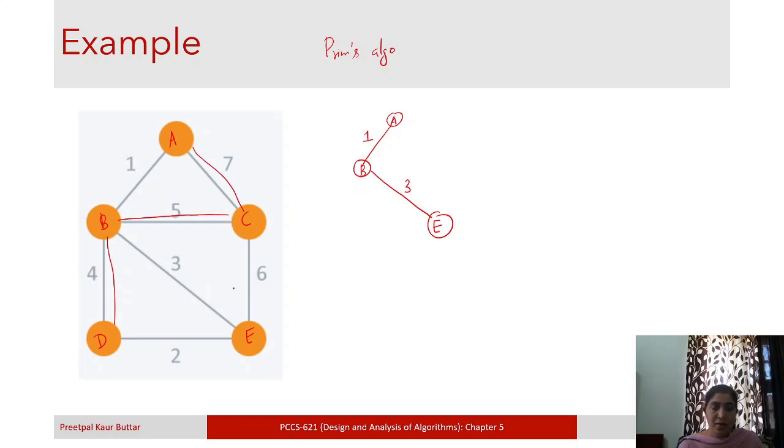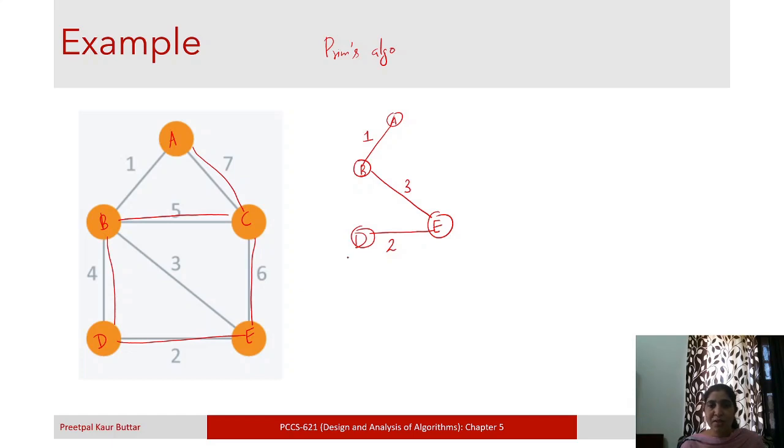Okay, so now we also have E, and E is connected to C with weight 6, and this we have already incorporated, and E is connected to D with weight 2. Okay, so now we have 1, 2, 3, 4, 5 possible edges which we can take up in this spanning tree. Out of these, the minimum possible is the edge which is connecting E to D, which has a weight 2, right?